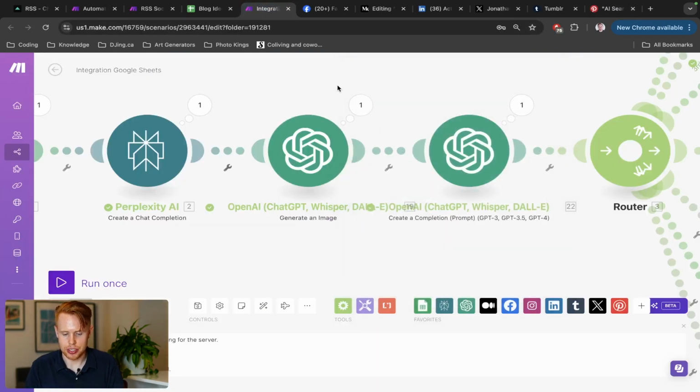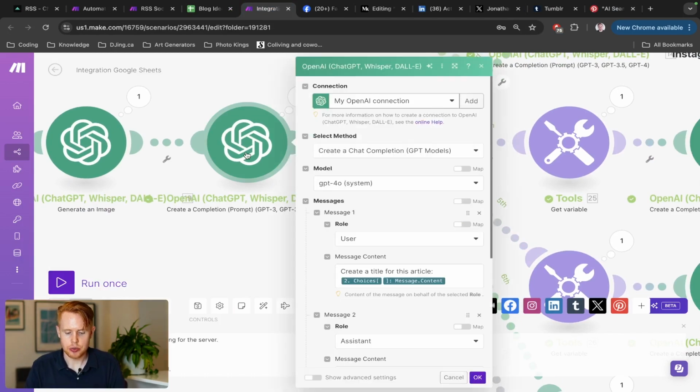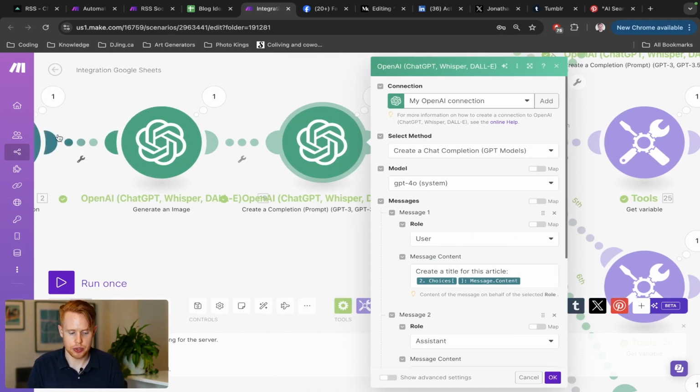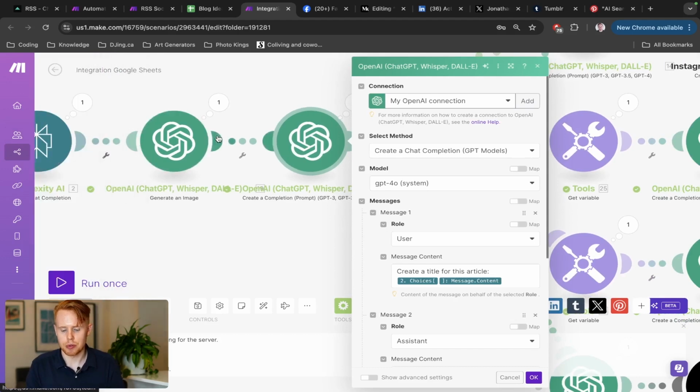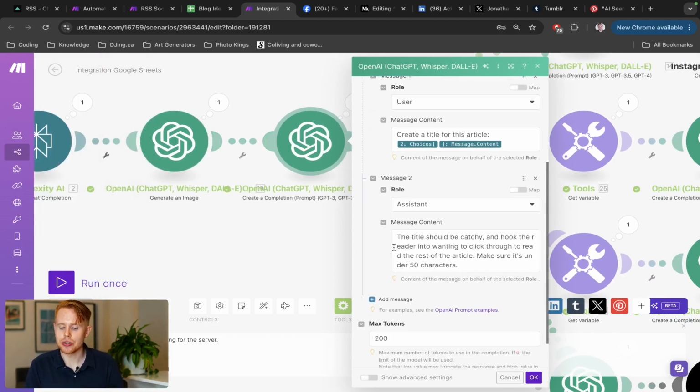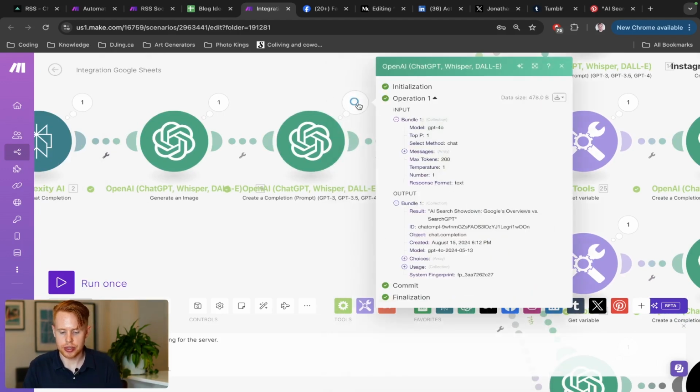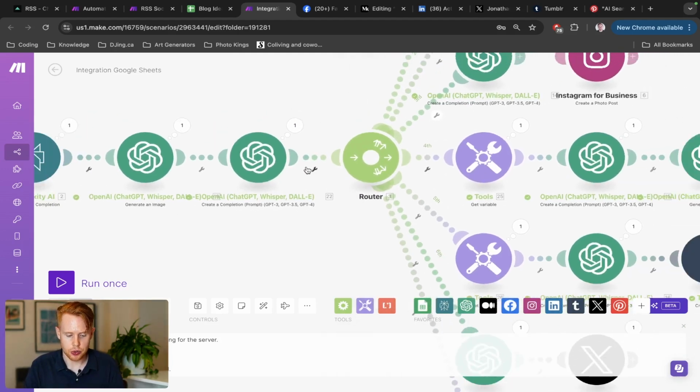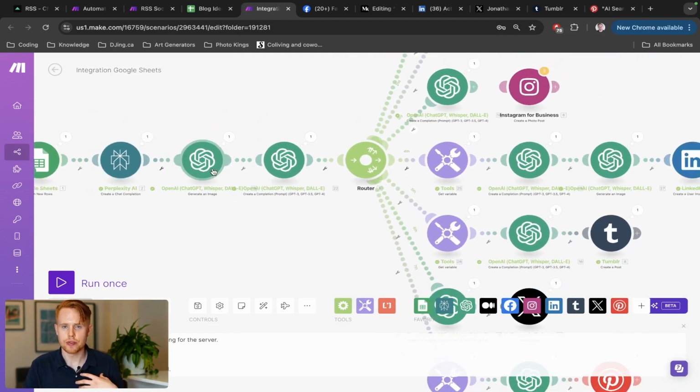And then as a step 2, we're just generating a title here, right? So we want to make sure that we grab from the summarization in Perplexity, once again, we're pulling all of the information from Perplexity, by the way, but we just want to make sure that we generate a title for that particular blog post. So in this case, it says AI search showdown, Google overviews versus search GPT, right? So that's pretty cool. So far we've summarized the article, we've generated an image, we've also generated a title for it,